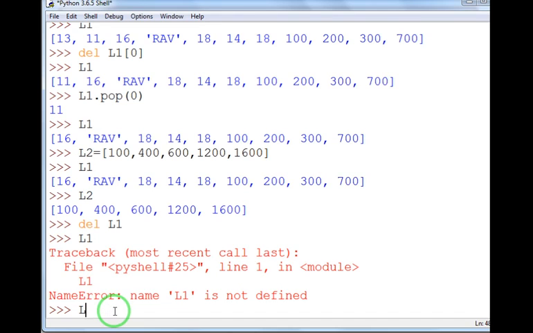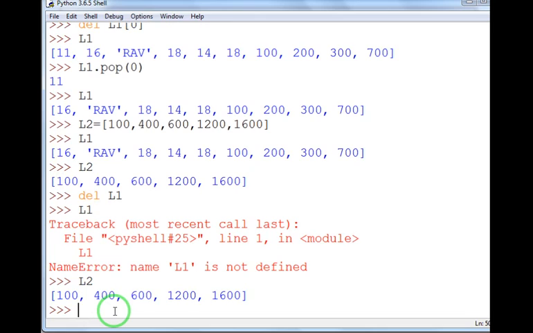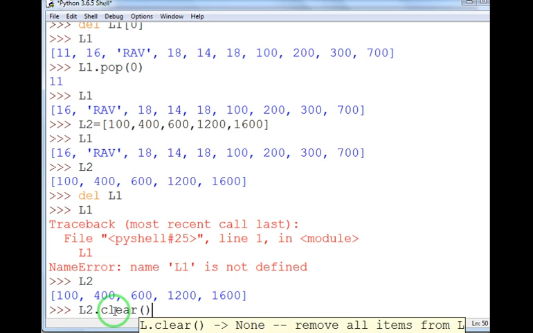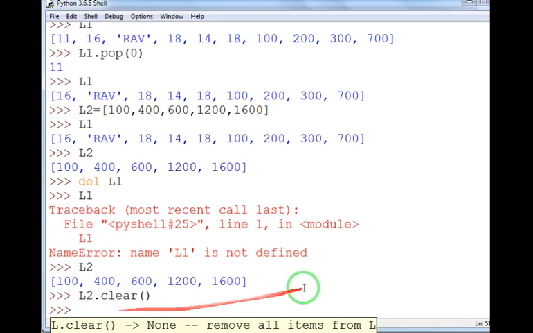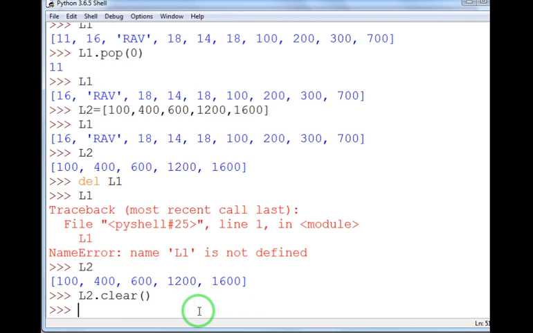So let's use clear on L2. First, when I print L2, it will display the items which are present in the list. But now I give the command L2 dot clear. When you give this command, it has removed all the elements from L2, but it has not deleted the object.